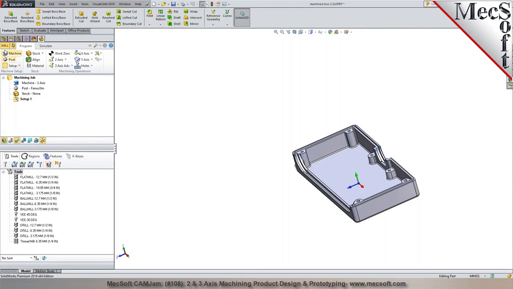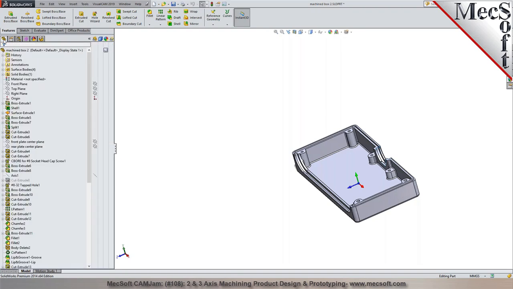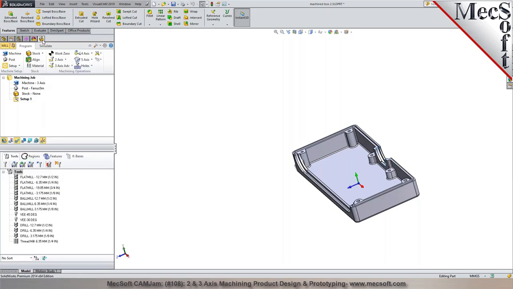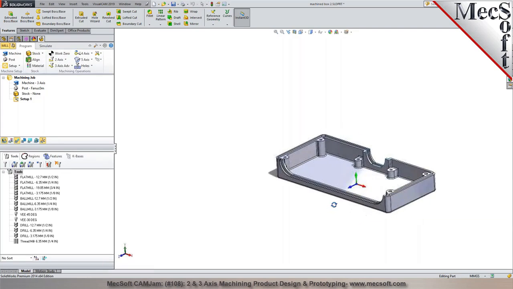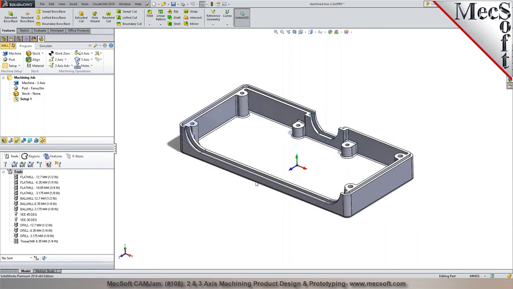So the machining browser appears over here in the top half of the screen, and the machining objects browser is over in the lower half. And you can always switch between your feature tree and VisualCAM by just a single click of a tab. So the part that you currently have designed and loaded is open right here,